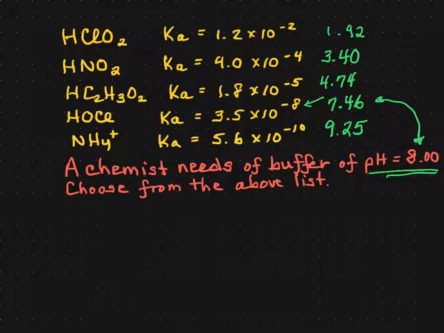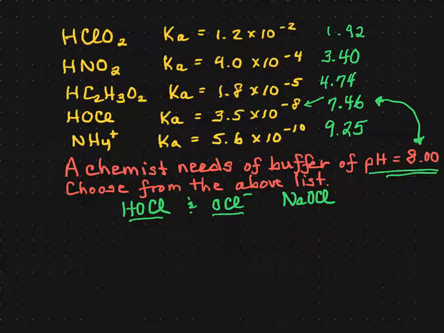Okay, so whatever pH you want, look at your list of acids and find whichever one has the pKa closest to the pH you want. So what we're going to use is HOCl and its conjugate base OCl-, which we would get from something like the sodium salt. Now what we need to do is say how much of the acid and how much of the base we need to fine tune this and get it not to 7.46